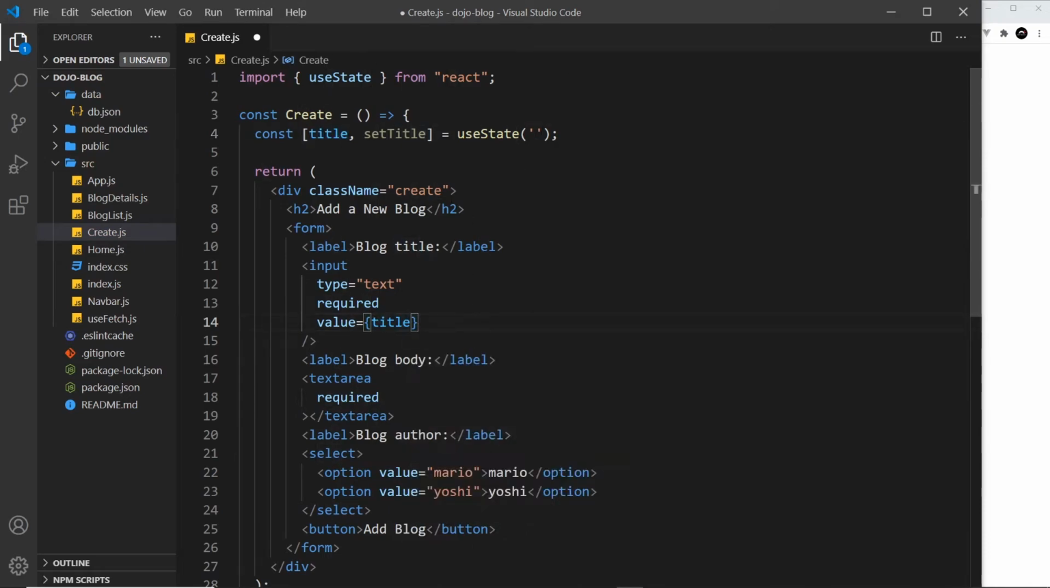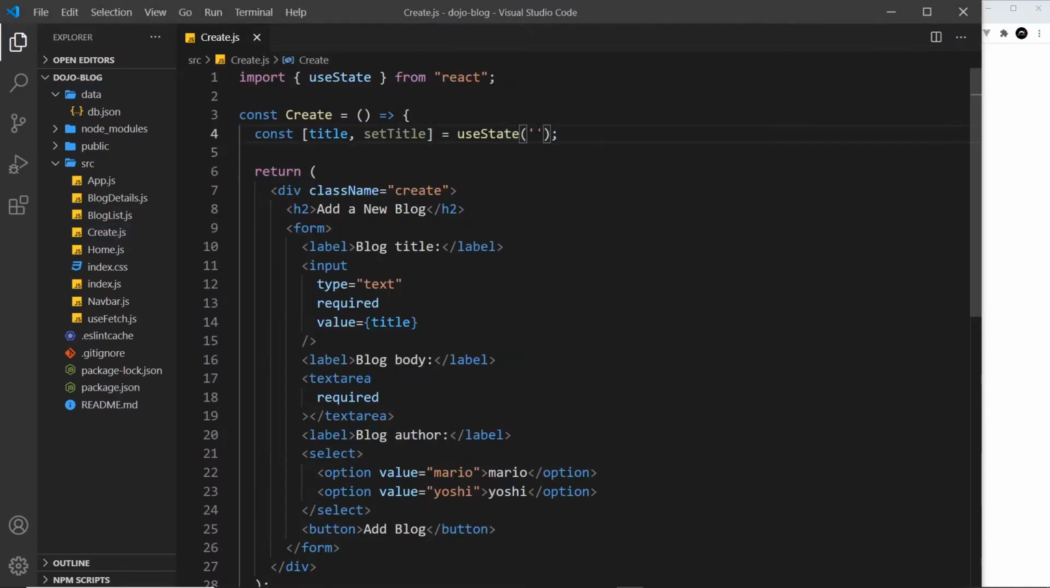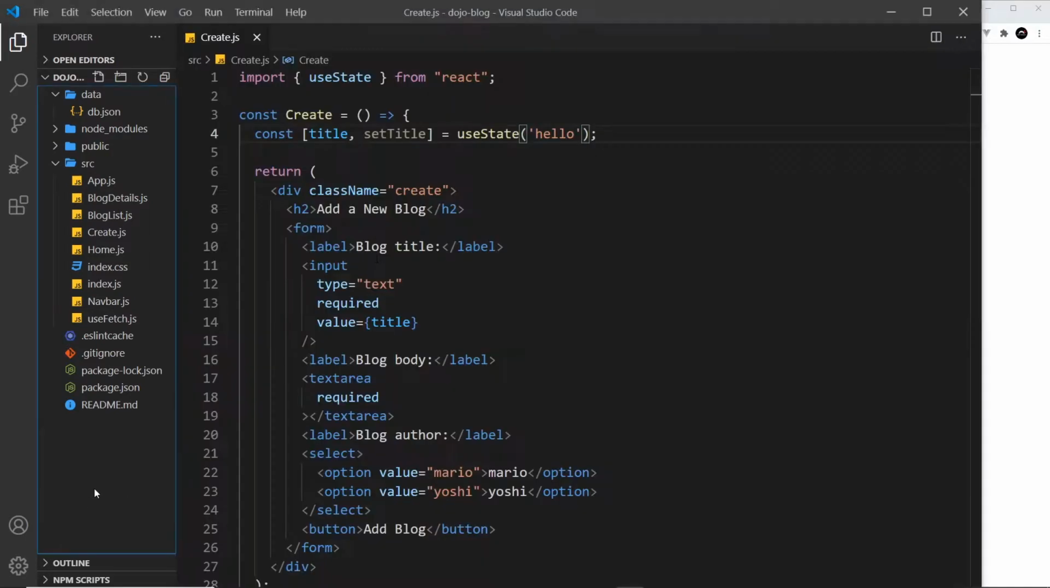Now, whatever this is, it will show inside this. Now, at the minute, it's an empty string. If I save this, we don't see anything. If I then change this to hello, save it, then we see hello. But if I try to change it, I can't. Nothing happens. I can't delete it. I can't add anything else. And that's because it's always showing the value of this, so it won't let me change the value of the